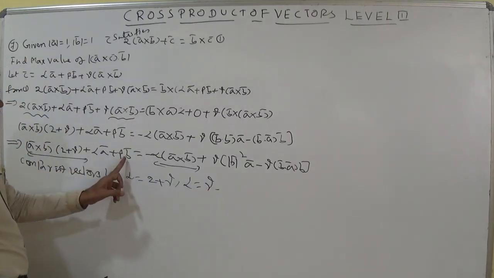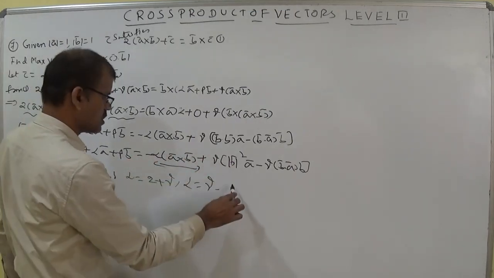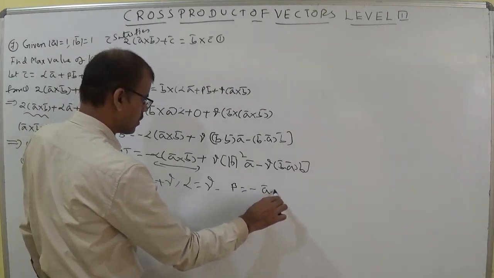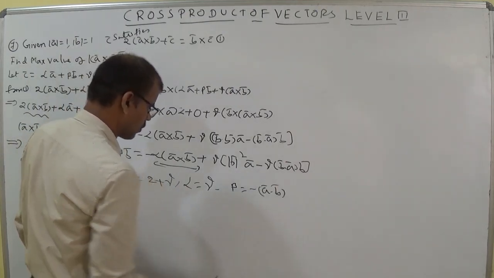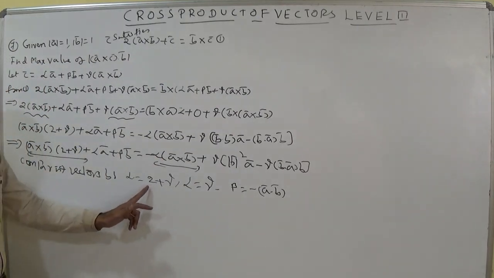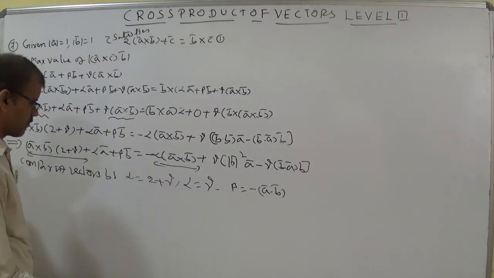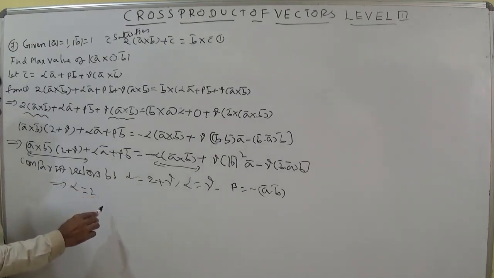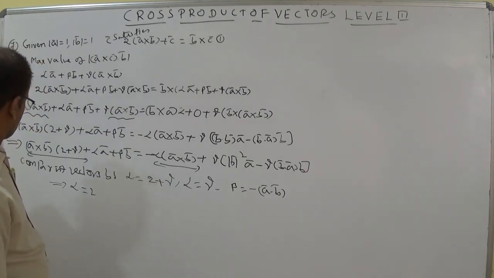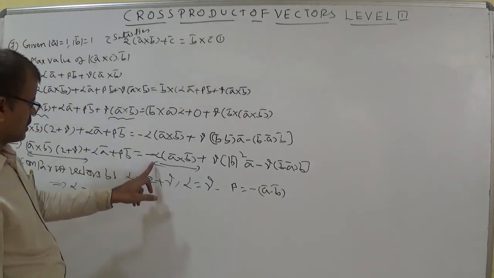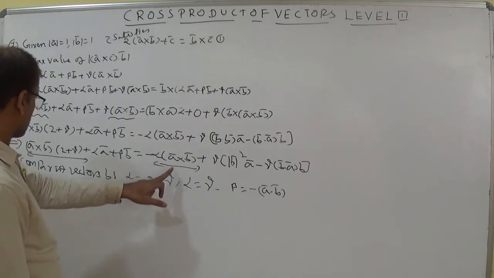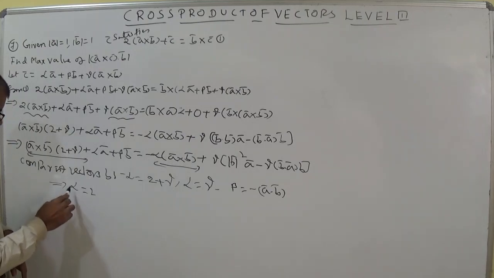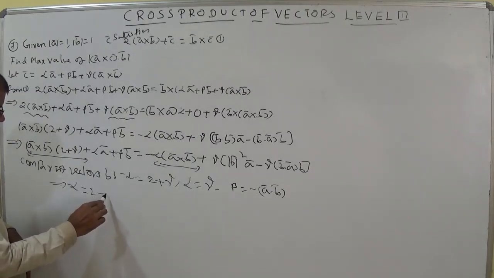Next beta B bar, compare the vector B bar both sides. It can be written as beta is equal to minus A bar dot B bar or B bar dot A bar, no problem. Leave it. Next, now you write the value alpha instead of gamma. That implies alpha is equal to 2 plus, maybe here minus is there, because minus alpha. Alpha is A cross B, here A cross B into 2 plus gamma, now you can write minus alpha. So minus alpha is equal to 2 plus alpha.